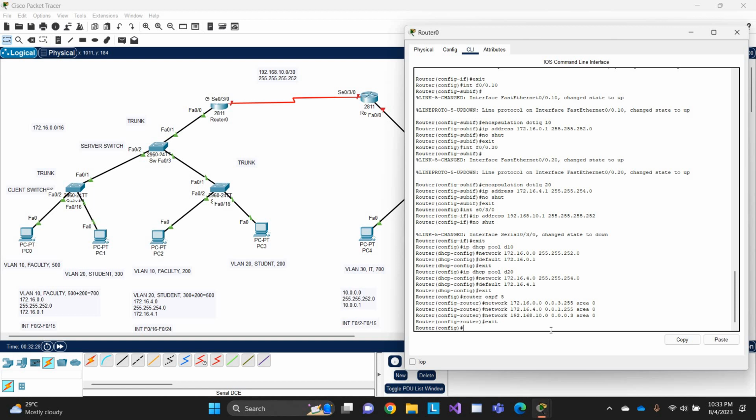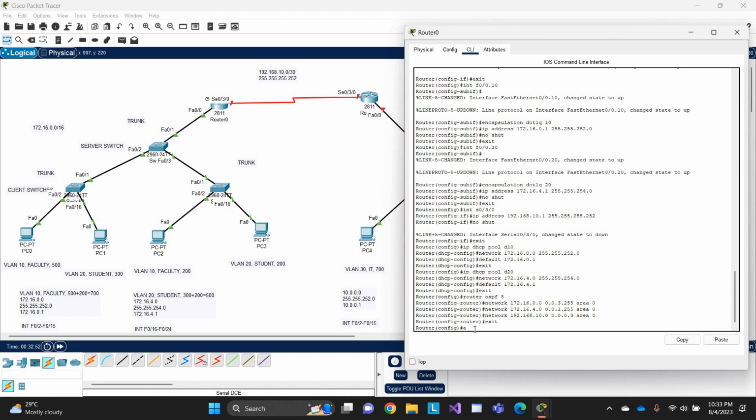So our routing protocol OSPF is also implemented. Now let me apply the basic NAT here. We are doing all the things together for router 0, and we will follow the same steps for router 1 after the router 0 configuration is done. So for applying basic NAT, you need to write these commands in